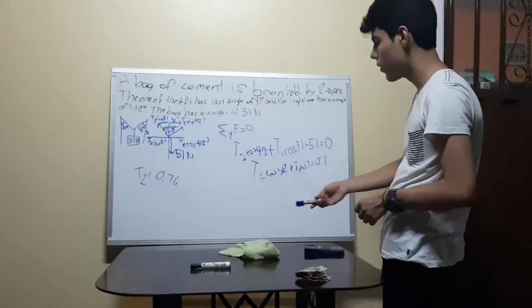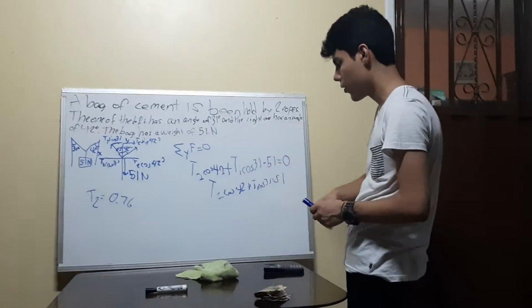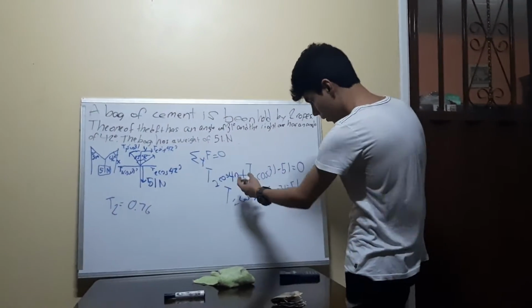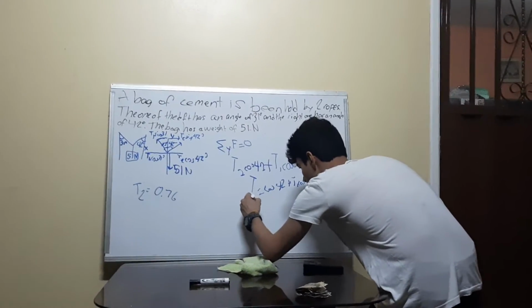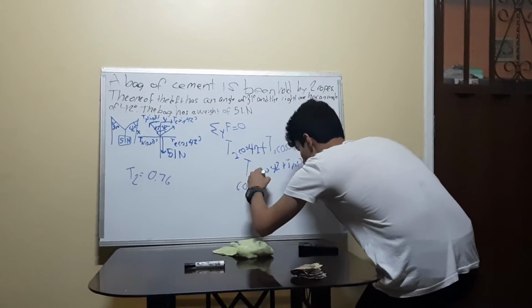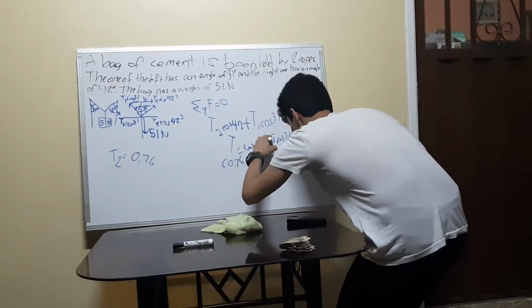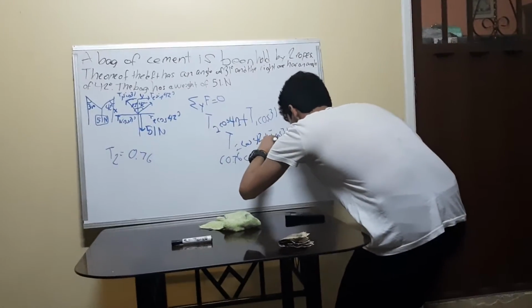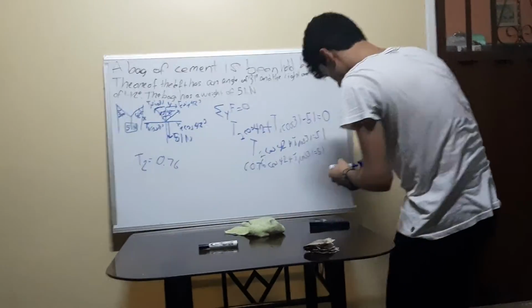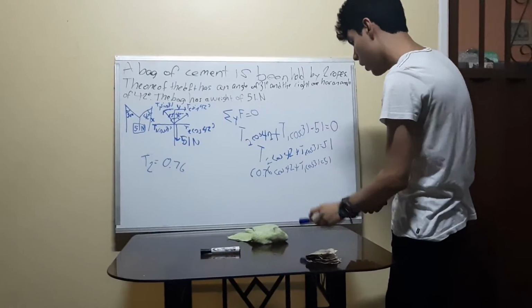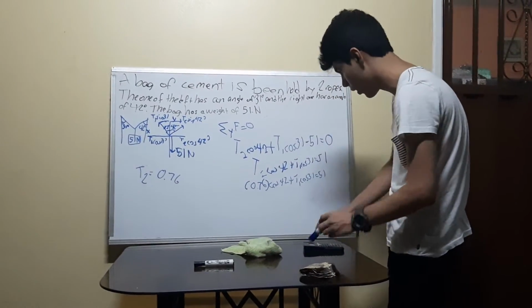Now what we can see here is that this variable T2, we already have, that's the value of that, so now we're going to replace it. And in this case it's multiplying. So that will be 0.76 cos of 42 plus T1 cos 31 equals 51. We're going to complete the statement. So that will be, sorry here that I didn't put the parentheses, but did it. Okay, so that will be